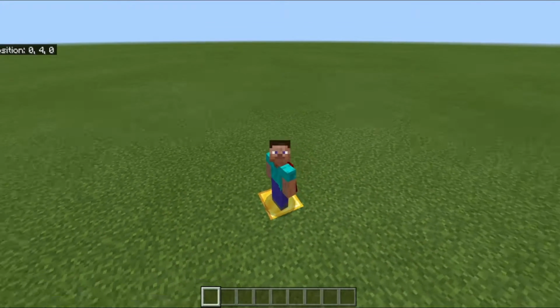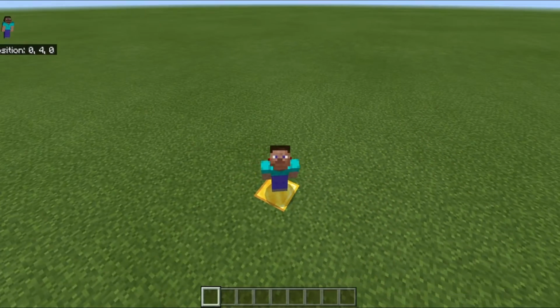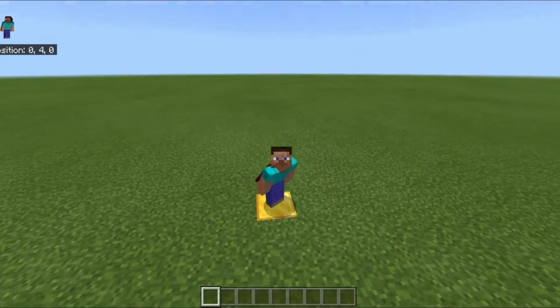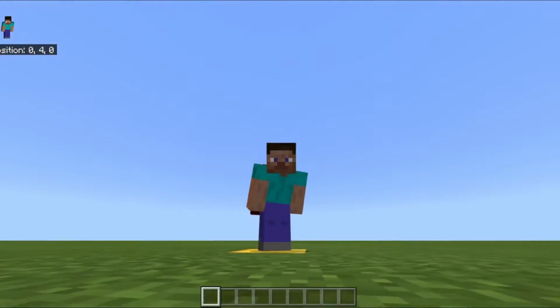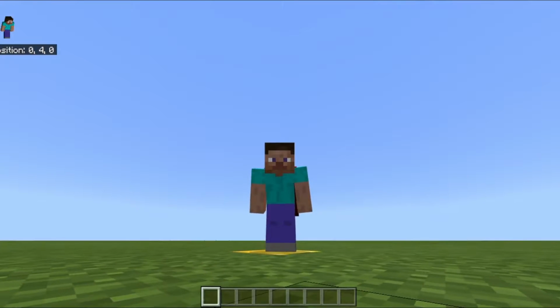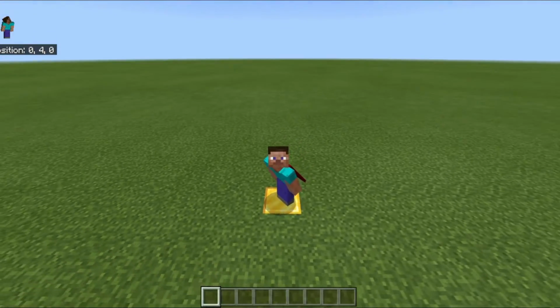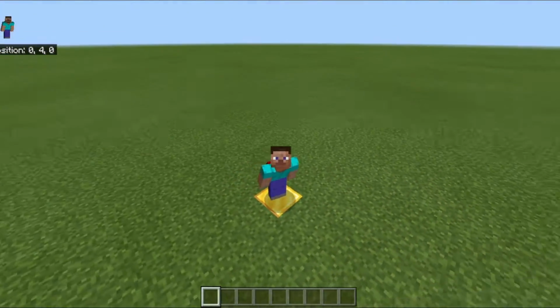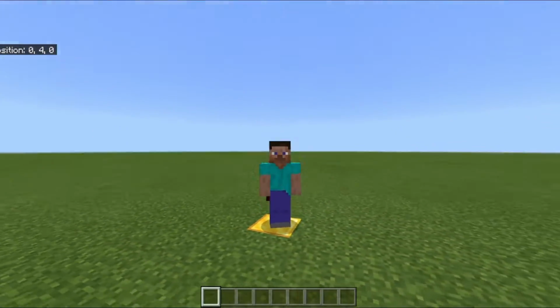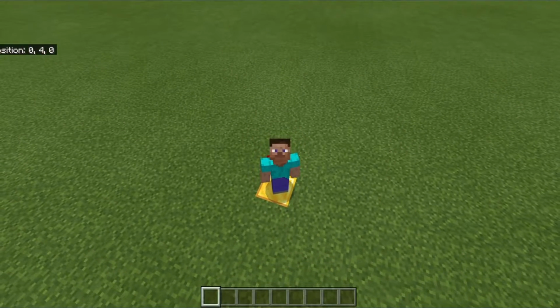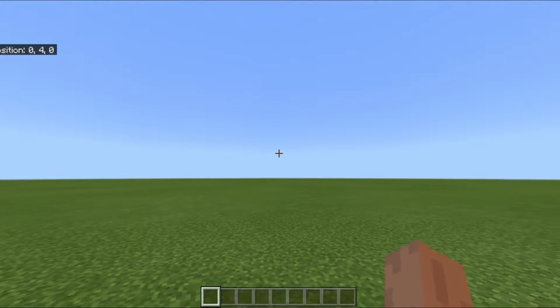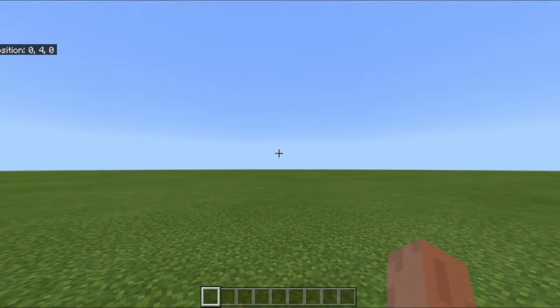I don't see many tutorials on how to use command blocks on Bedrock Edition, so I hope this actually helps you guys and helps you understand them, instead of just giving you little snippets of commands like how to make a scoreboard system or something. I'm actually going to teach you the components of it. Let's get into it. Okay, so first thing we're going to need to do is give ourselves a command block,